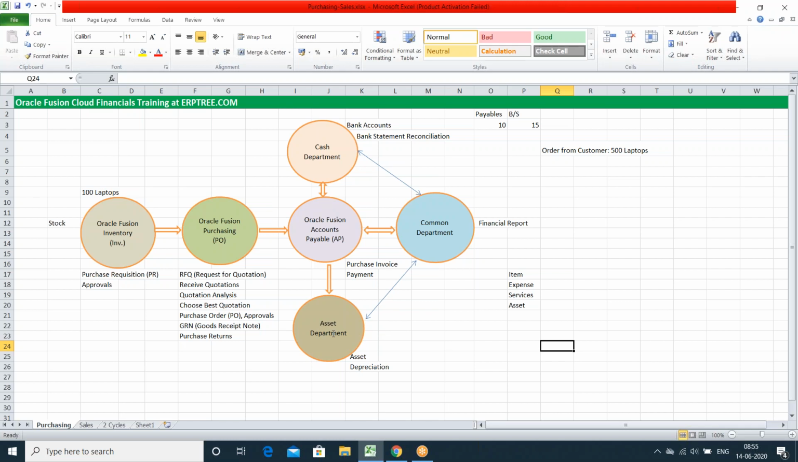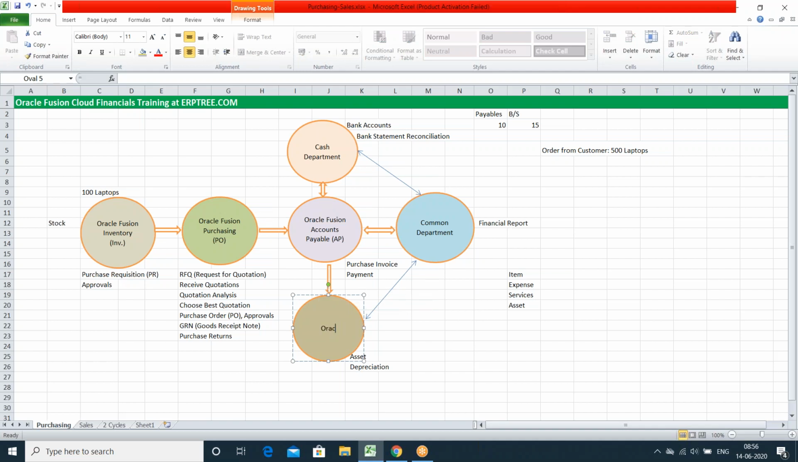What the asset department is doing, based on the asset purchase information they are getting from the accounts payable department, they are creating the assets, they are calculating depreciation. Not only this, there will be a number of activities like retiring the asset, transferring the assets. So all the activities can be handled by the asset department. To do all those activities, we have an application from Oracle, which we call as